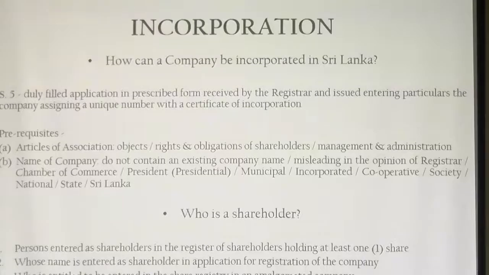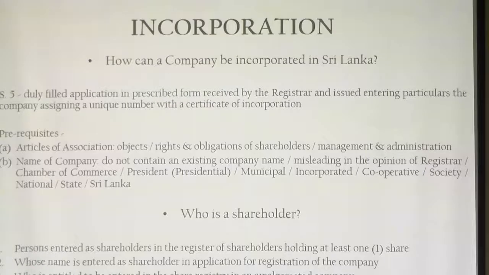It says a duly filled application in the prescribed form, the form 1 that is provided by the Registrar of Companies in Sri Lanka, where you could go to the Registrar of Companies, obtain the form 1, where you fill up the details that is required, and then you attach the other company documents, whatever needed by the registrar, and hand over to the registrar, who will thereafter go through all these things. If everything is in order, he issues and enters these particulars in the company register and assigns a unique number such as P within brackets a number, or PV and then within brackets a number likewise,